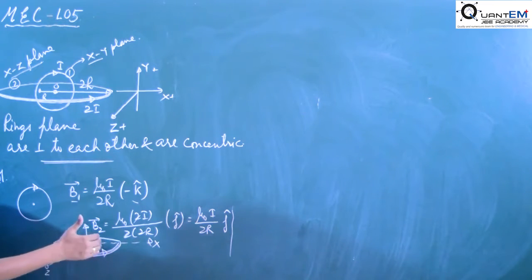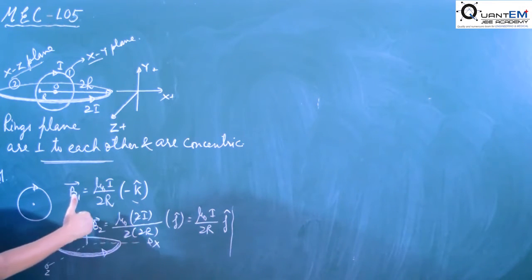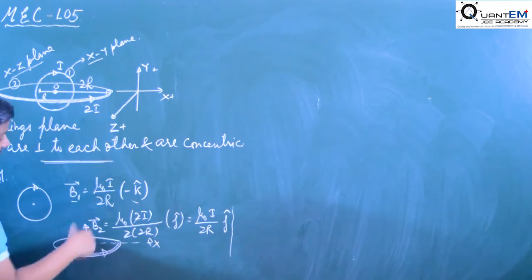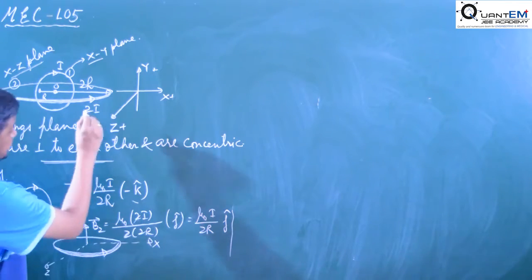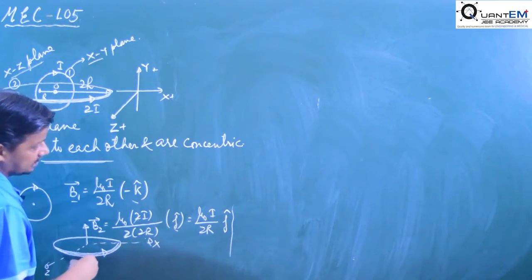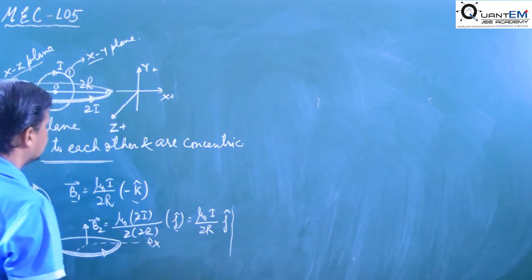See, it is in anti-clockwise direction, so the right hand grip is taken in the direction of current. Thumb is in the upward direction. Upward is positive y coordinate. So we get the values, mu naught, I is the current, 2 into 2r, 2r was the radius, and positive z cap means positive y coordinate. We get this result, mu naught I by 2r.